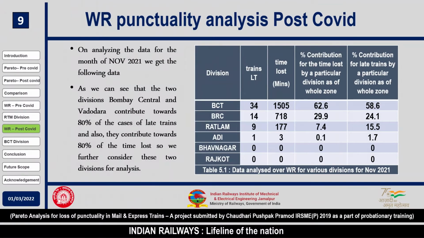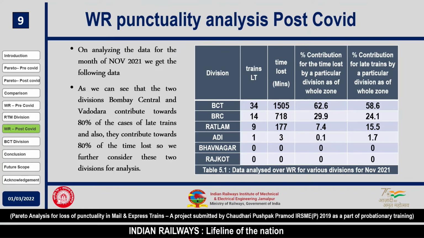Moving forward, in Western Railway, we have done the analysis for post-COVID times. On analyzing the data for the month of November 2021, we get the following data. Again, we have arranged the divisions in descending order, starting with Bombay Central, Vadodara, Ratlam, Ahmedabad, Bhavnagar and Rajkot. Now, as you can see, two divisions, Bombay Central and Vadodara, contribute to 80% of the cases of late